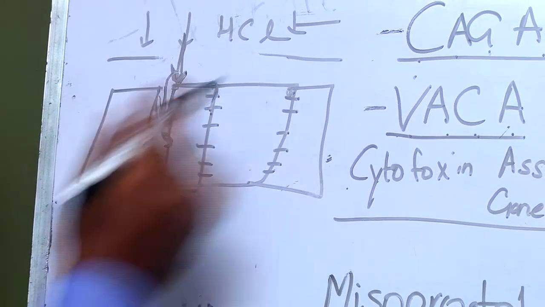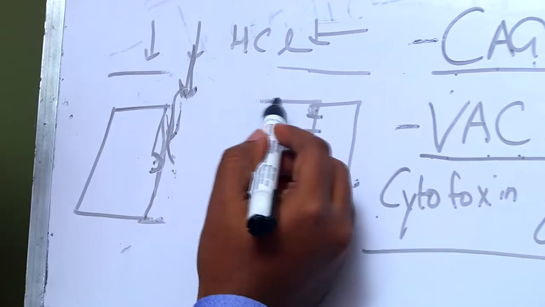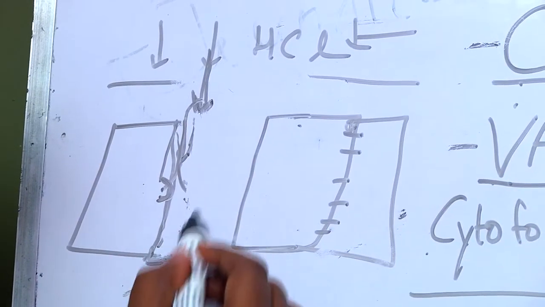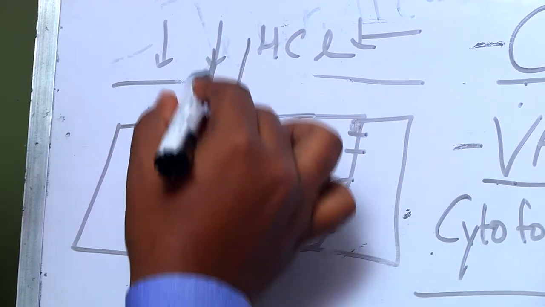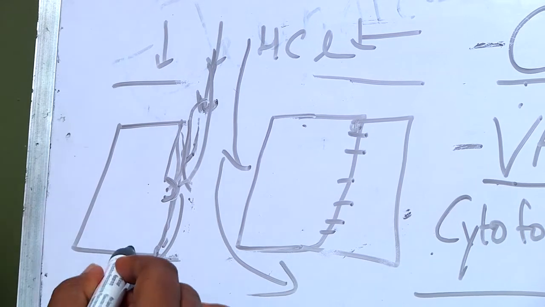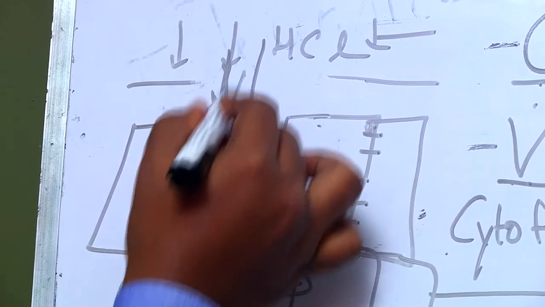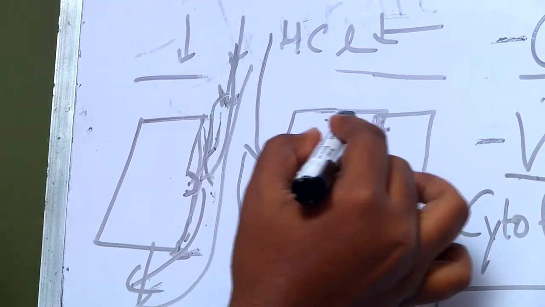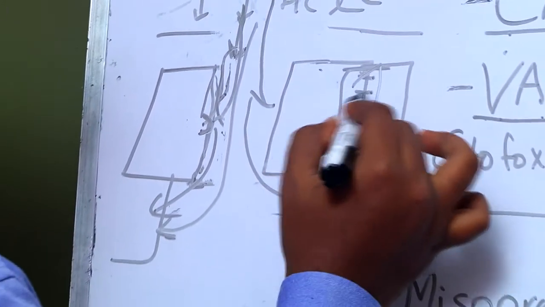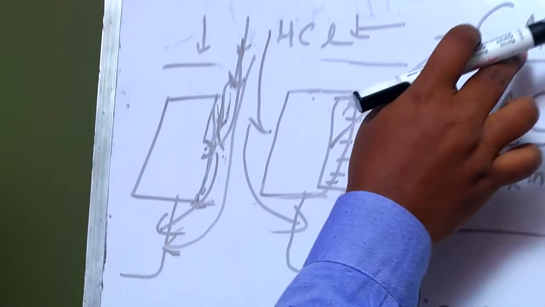What happens when it starts acting? It will create a burrow here. So the entire cell will get digested, and more HCl will seep in. It keeps on going into other layers of the stomach, right? So the disruption of these tight junctions here is the most important and critical factor by which